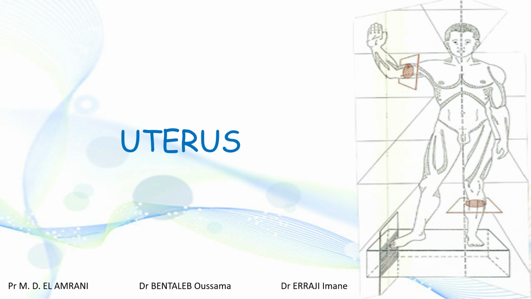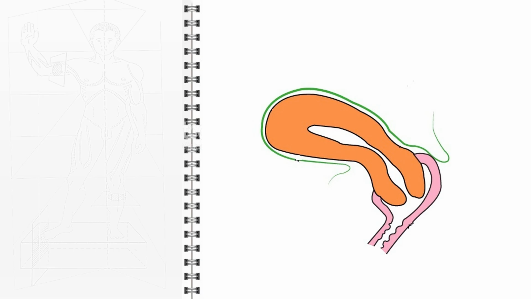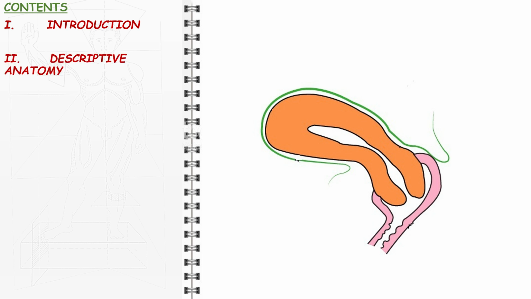In this course we will explore the anatomy of the uterus, the organ of gestation and one of the major female internal genital organs. We will start with an introduction to the uterus, discussing its general architecture and main functions. Following that, we will focus on the descriptive anatomy of the uterus and its distinct parts. Next, we will take a closer look at the layered structure of the uterus as a hollow organ, precisely, its wall and its virtual cavity.